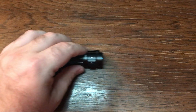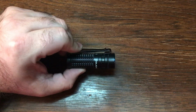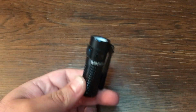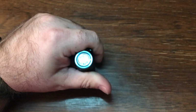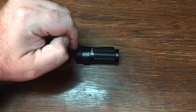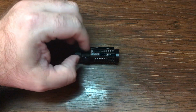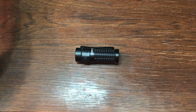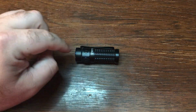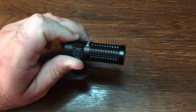On to my flashlight of choice. I recently, in the last month or two, switched to the Olight SR1 Baton 2, or whatever it is. You can see the name of it there, because I realized that during the daytime hours when I'm at work, I typically need more lumens, because I'm pointing out things for the guys to fix one thing or another, and just like 150 lumens or whatever isn't enough. The 1,000 plus lumens that this puts out really do get the job done. So even though I don't enjoy carrying this as much as I did the Streamlight Mini that I used to carry,